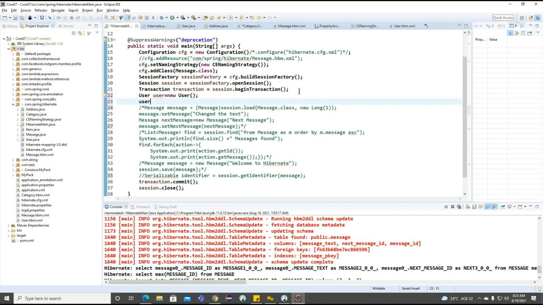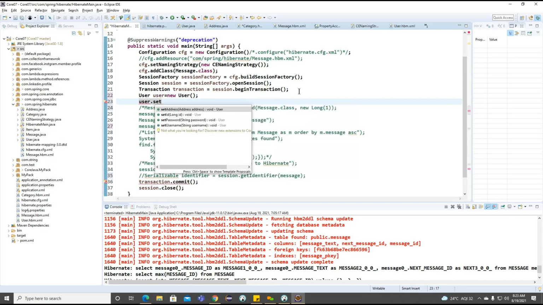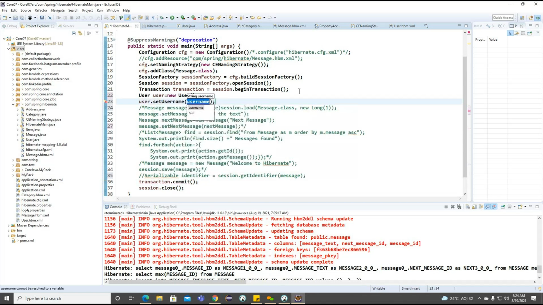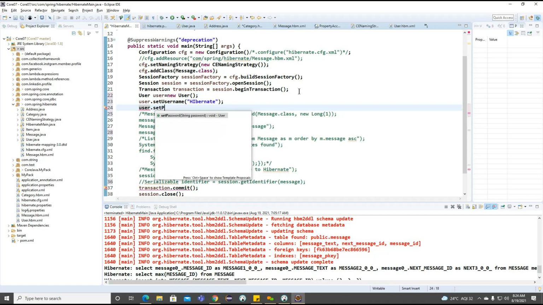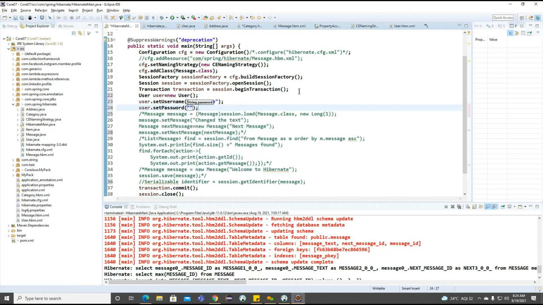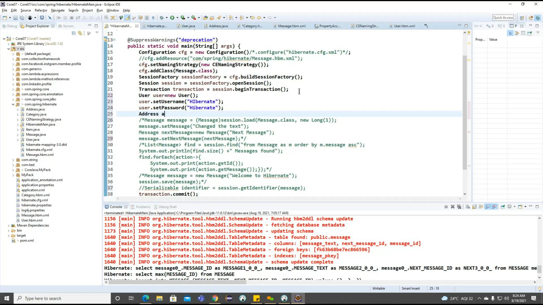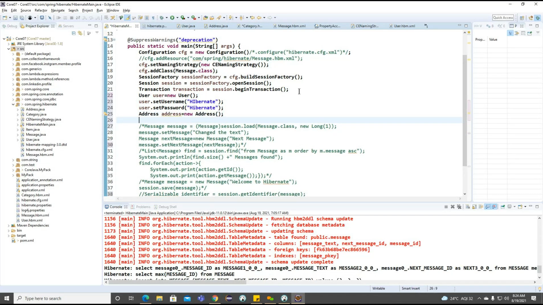So the user we created here. User dot. The ID we cannot set here, and the username Hibernate. Password, for this password also I want to make Hibernate. And address, a new address I'm trying to create.